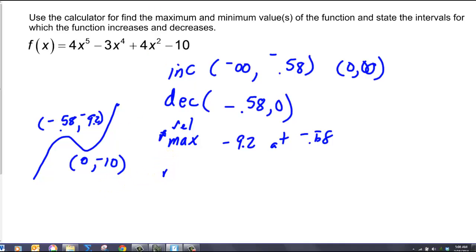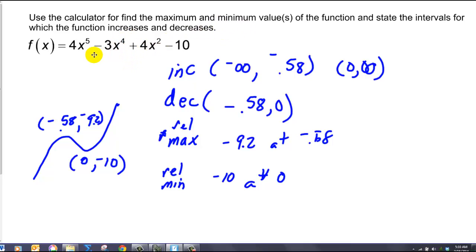We have a relative min of negative 10 at 0. So these are just some of the descriptions we can use for functions in terms of maximum, minimum values and